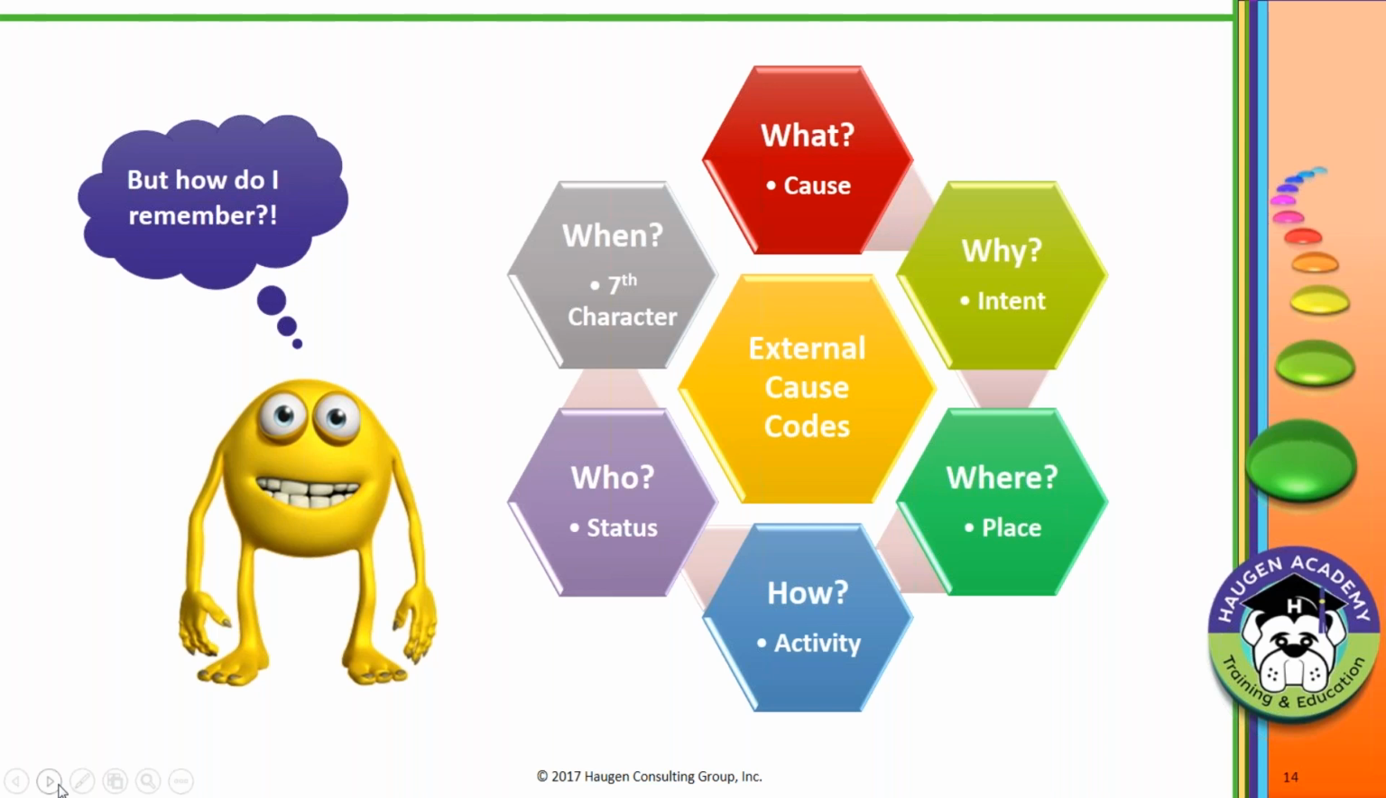And then finally, when. When did this occur? This is one of those important code assignments, because this is where you're going to apply those 7th characters, right? To say, when did it occur? Is it initial, which is active treatment? Are we now during that healing phase, or is this a sequela? So,